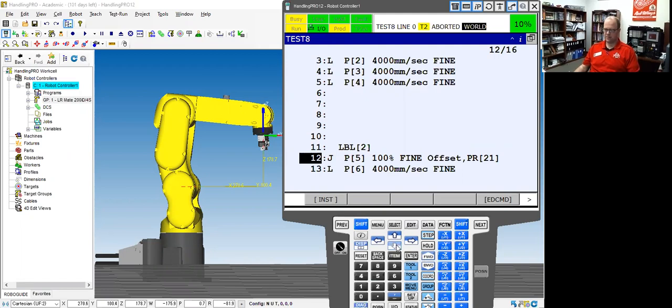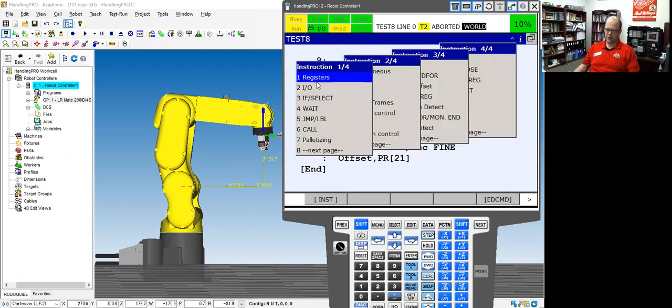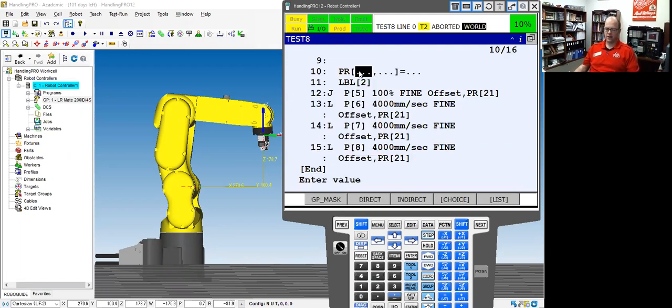Down at the bottom, after it runs through, but on the outside of the label, I'm going to go in and put in an instruction. And under registers, here, notice under number 4, it says PRIJ. That's what I want to do, because what you'll see is